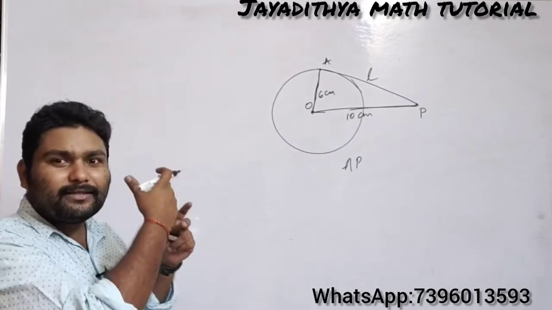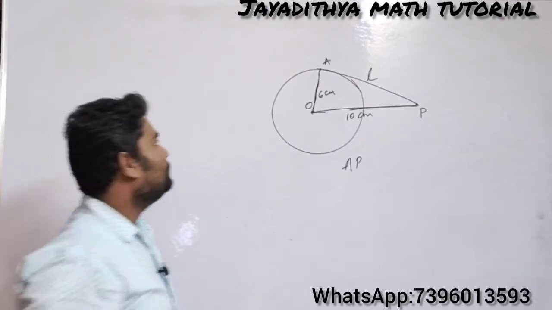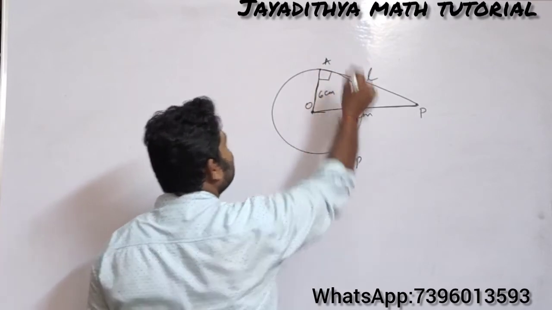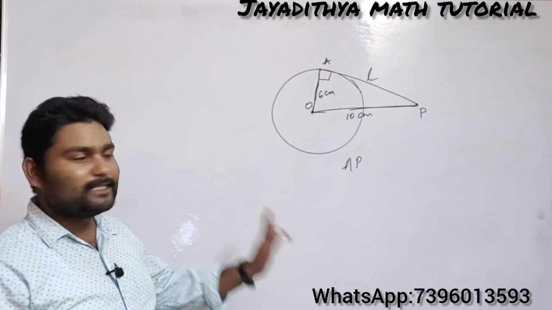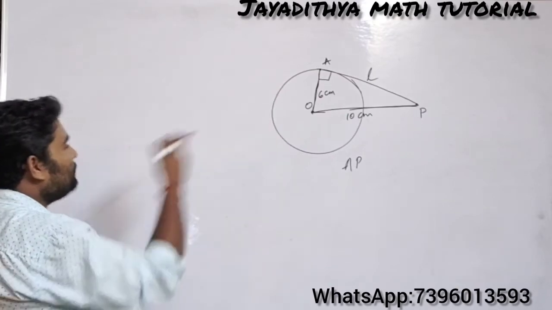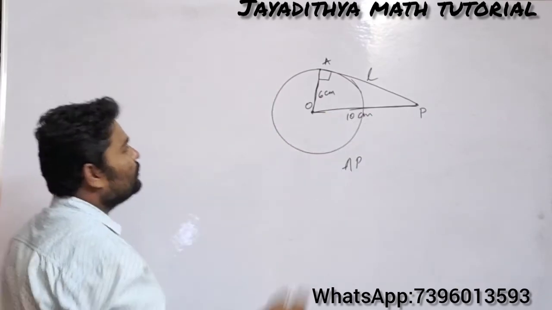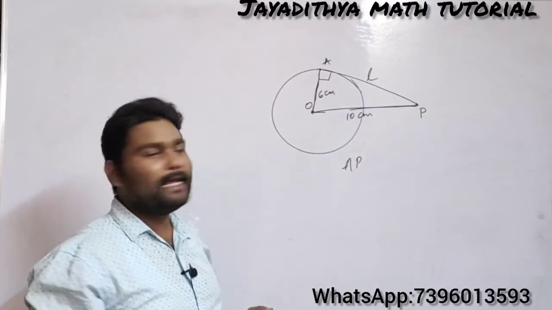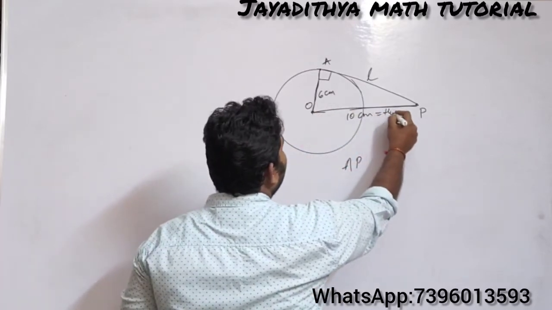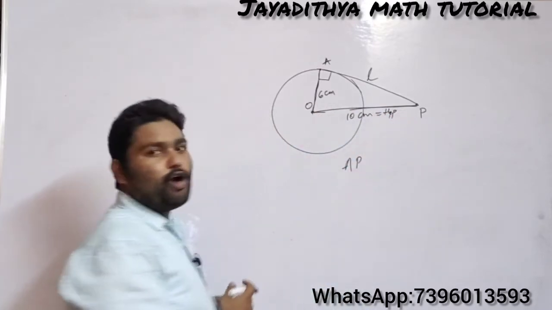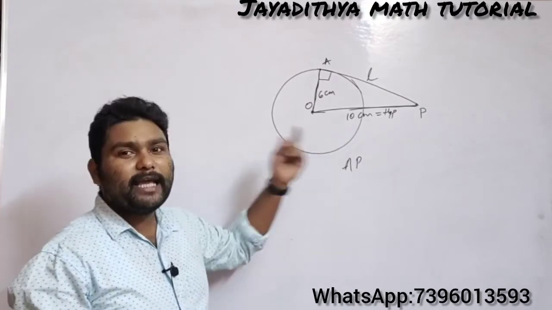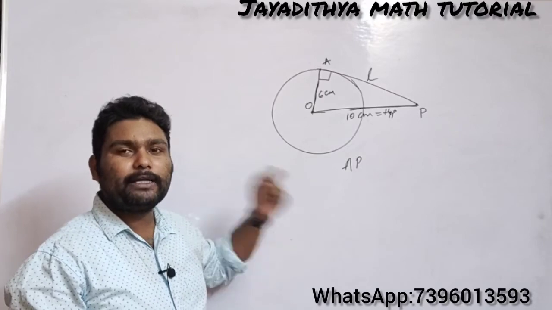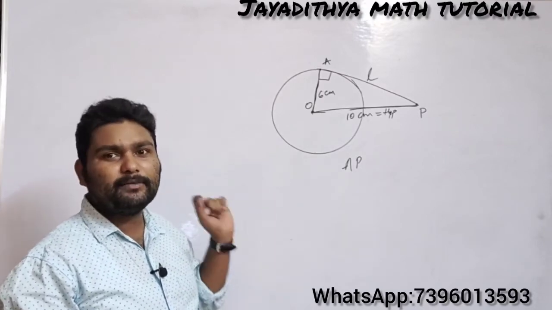So what are the things we have just discussed? In that, the very, very important point is that the radius is perpendicular to the tangent. This is an important case here. So observe this one. Here you can see OAP, a right angle triangle. For this, the distance will always be the hypotenuse. Here most of the students get confused. You should take the distance from the center to the external point as the hypotenuse. That's all. Keep that in mind blindly.